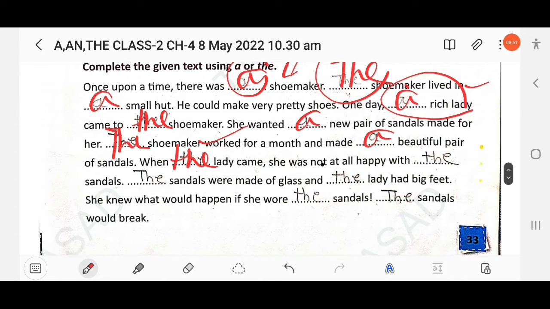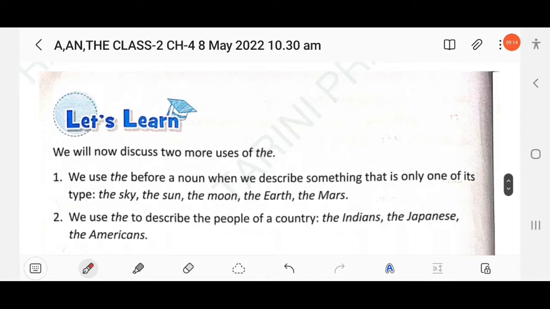She was not at all happy with the sandals. So here the sandals were already mentioned in the previous sentence. Okay. Then the sandals were made of glass and the lady had big feet. She knew what would happen if she wore the sandals. Then the sandals would break. Clear? Then next here,